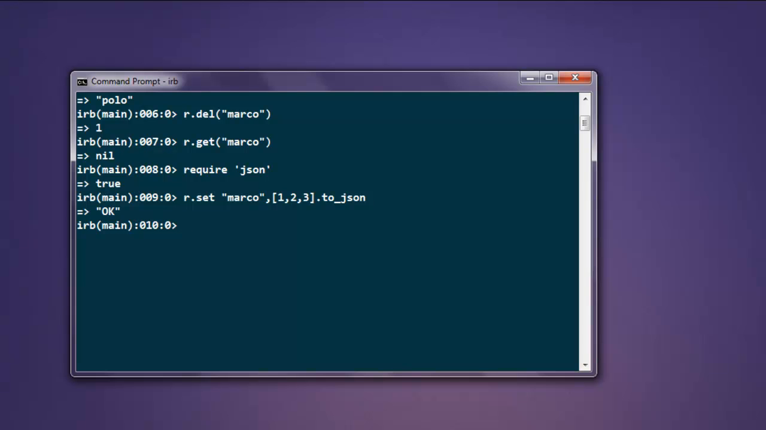Now type in JSON.parse. Here type in r.get and then inside method type in Marco as your key and hit enter. This should show you the value of your previous numerical array which was converted into JSON